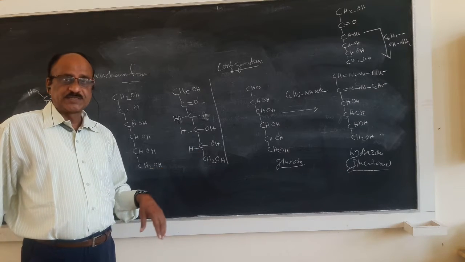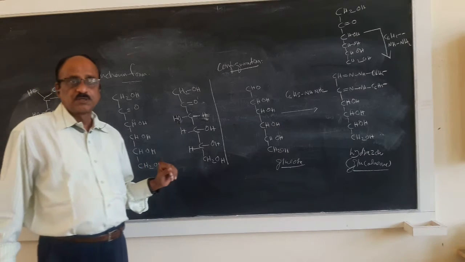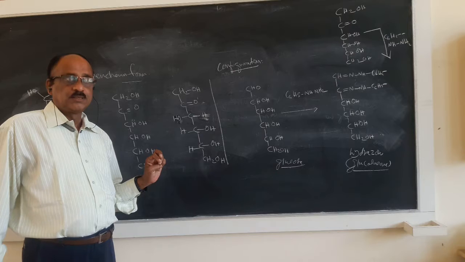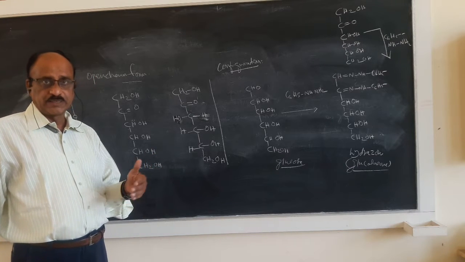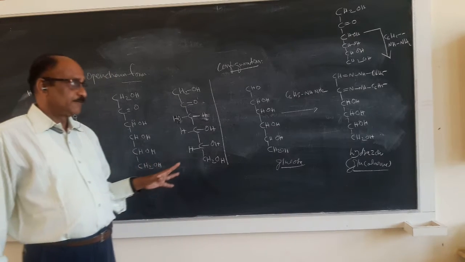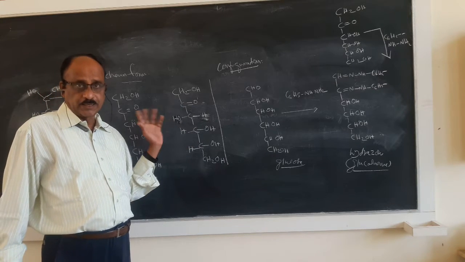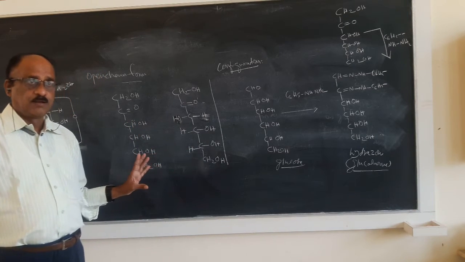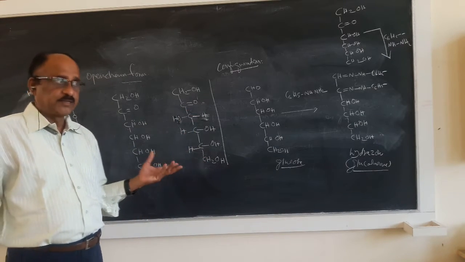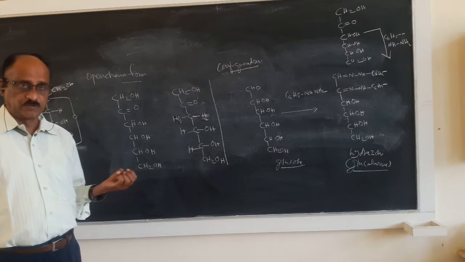forming 6 carbon atoms as a chain, and it also contains 5 OH groups, 1 ketonic group, and the position of the ketonic group. All these things we have studied in the previous short session. In this session, we are finding out the configuration of the molecule, how to write the open chain structure by writing the correct configuration, and then we have to write the ring structure and Haworth structure of fructose molecule.